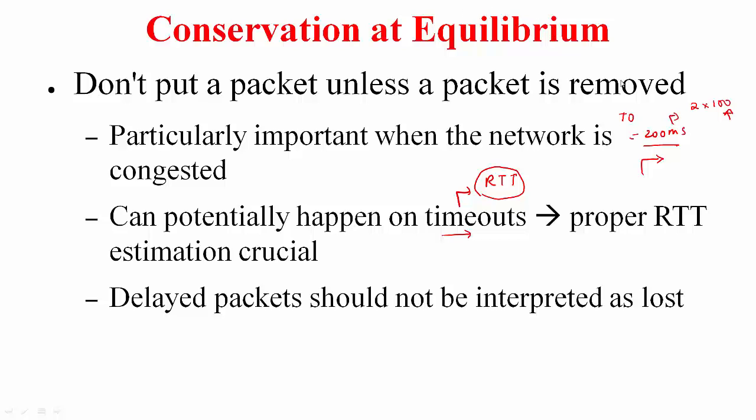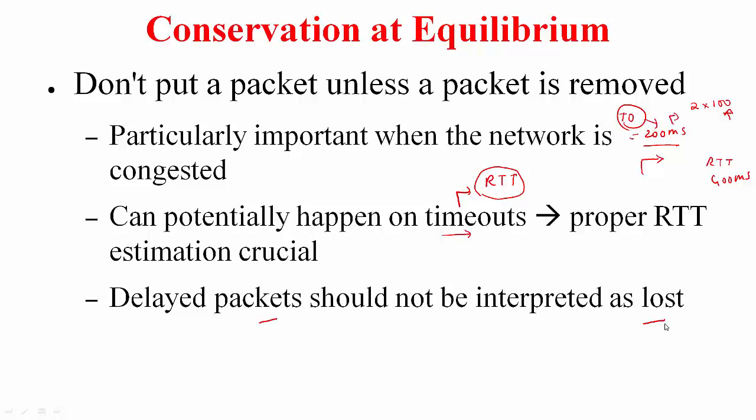So the packet is still in the network, maybe it is stuck at some router, in which case the round trip time may be 400 milliseconds. But your timeout value is wrong. So the packet is still in the network and now you have put an additional packet, which is the retransmission of the packet, into the network. So this is what we call out of the frying pan into the fire. As is, the network is struggling to get packets out and now you are dumping retransmissions and making its life worse. So it's very important to ensure that delayed packets not be interpreted as lost packets.